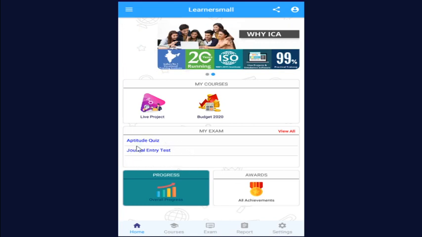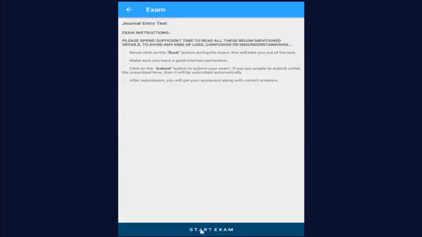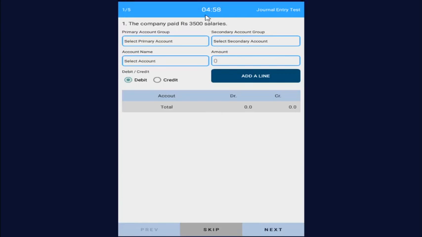You can see here, click on journal entry test, and at the bottom of the page you can see start exam. Click on it. At the top of this page you can see time is running. You have to do 5 journal entries within 5 minutes. So let's start. Company paid rupees